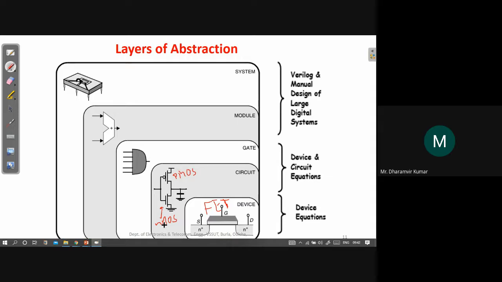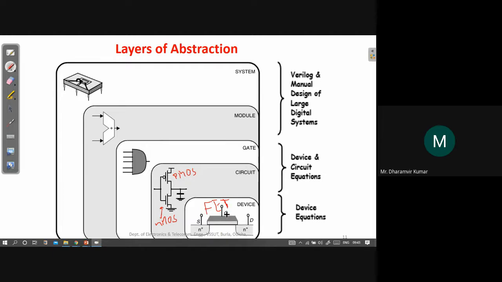We know that there are two kinds of MOSFETs that we use, PMOSFET or NMOSFET. Also we have different types of MOSFETs, like enhancement mode MOSFET and depletion mode MOSFET. But mainly, because PMOSFET carries holes and NMOSFET carries free electrons as charge carriers, you will find that a circuit will consist of two types of transistors, PMOSFET or NMOSFET. A circuit will be small in size, consisting of a few devices.